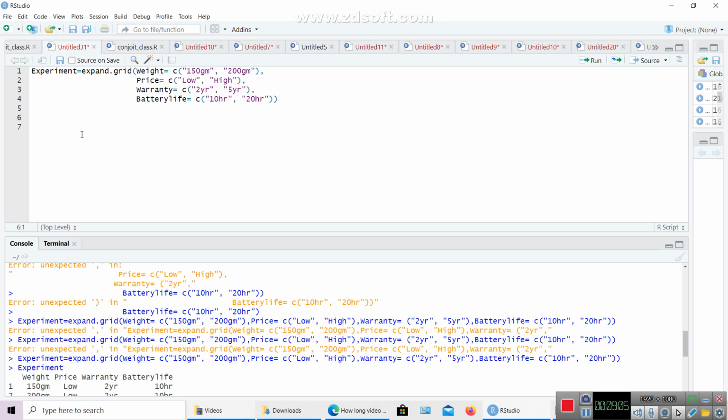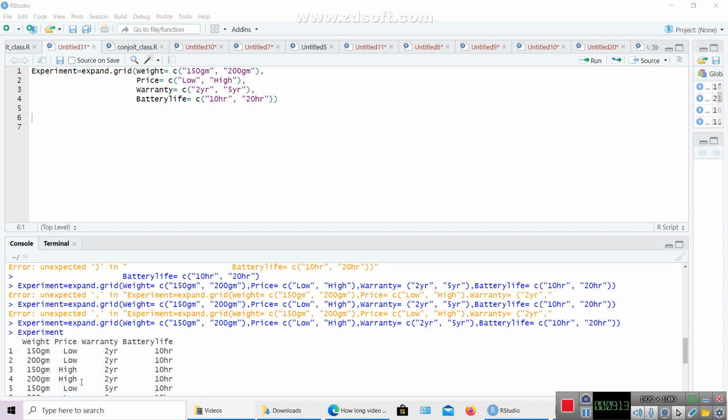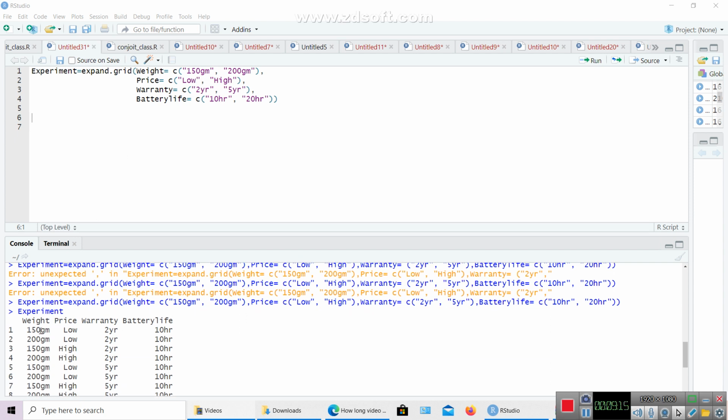The second important thing which we require for conjoint analysis is that all the profiles should be independent from each other. So how do we determine that? Whether this profile is different from this profile. Okay, so first profile is different from second and third and fourth and like that. So we can check it using this simple function,